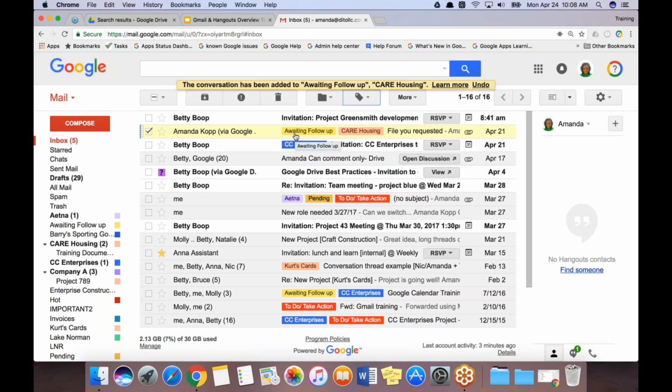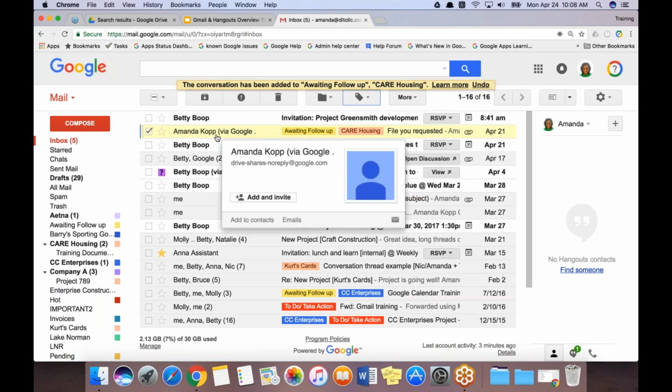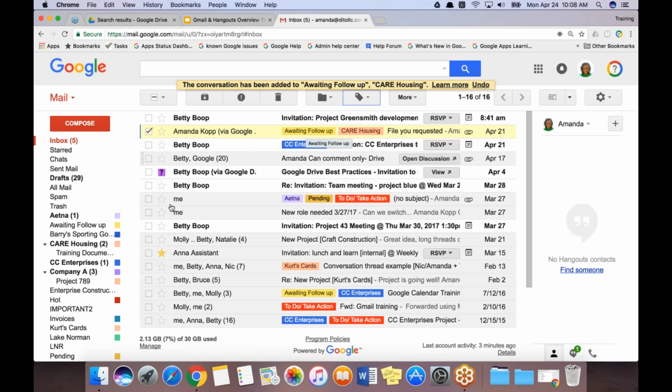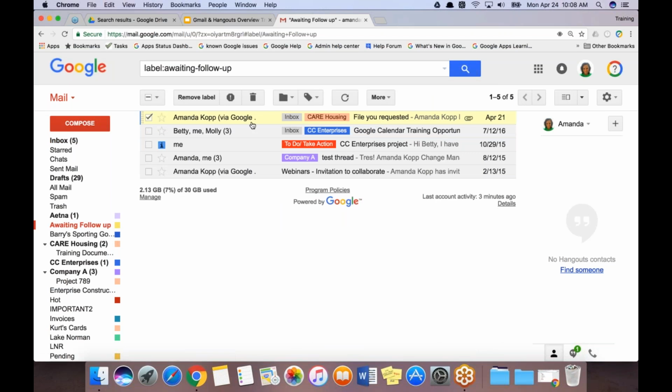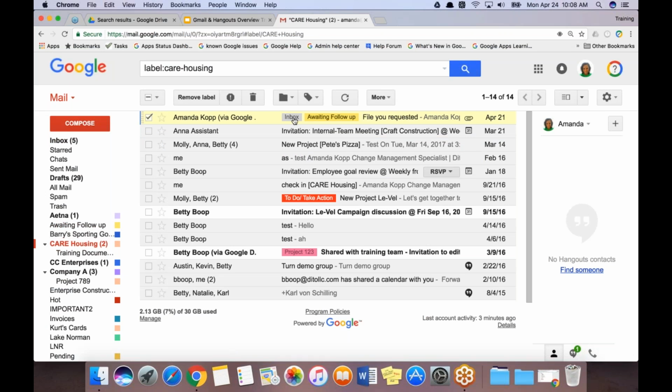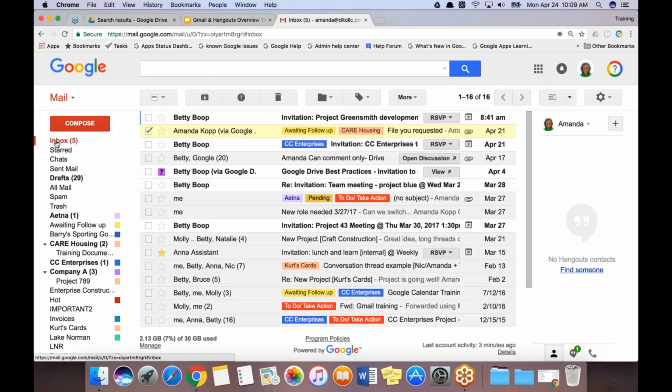What it also does is allow the email message to exist in multiple locations. So currently this one here is existing in my inbox, which I'm currently in. It's also in my awaiting follow-up label and my care housing label. So if I click on any one of those right now, it's going to show me its other locations, my inbox and care housing. Click on care housing, inbox, awaiting follow-up. There it is. Okay? So it's not a copy of the message,